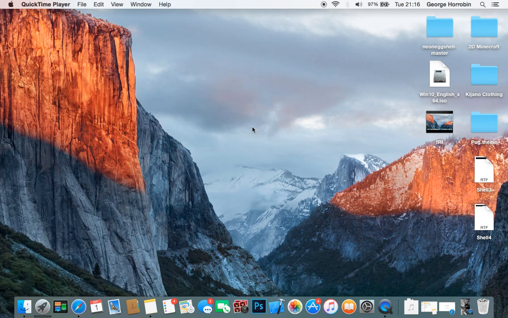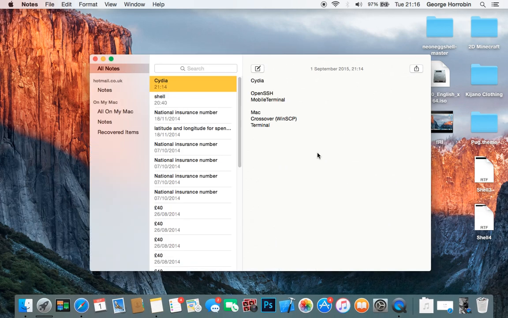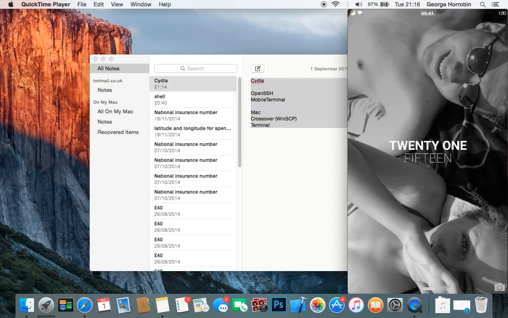Today I'm going to show you how to control your iPhone using Terminal. These are the things you're going to need: OpenSSH and Mobile Terminal, which you get from Cydia, and for your Mac you need Crossover and Terminal, which is already installed. So first of all, you want to go to your iPhone,